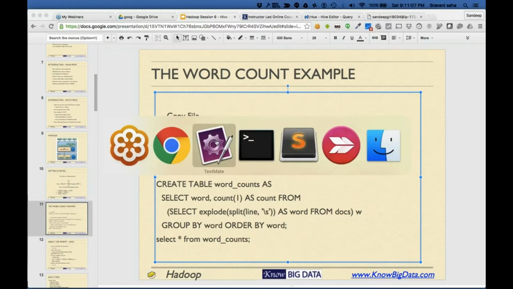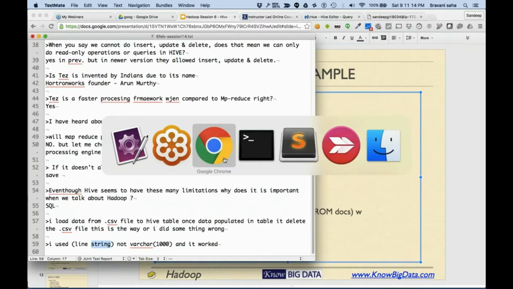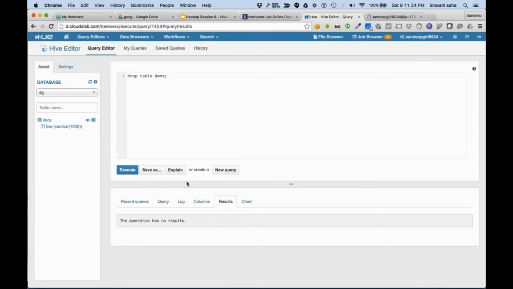So what he's saying is that he used line string instead of varchar 1000 and it worked for him. So maybe I can do the same thing. I could say drop table docs and create table docs, and I could say line string.